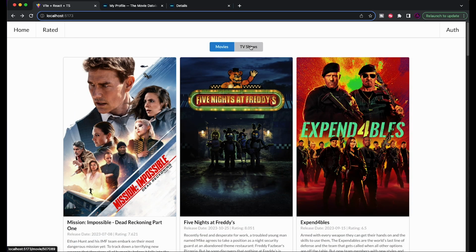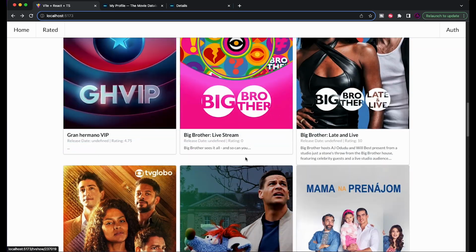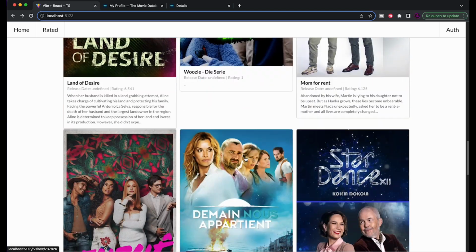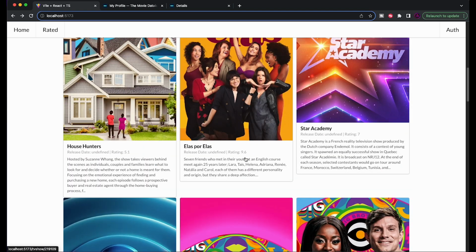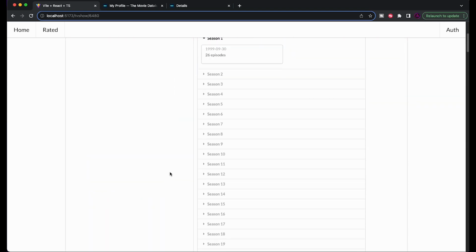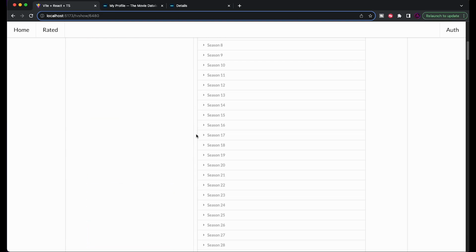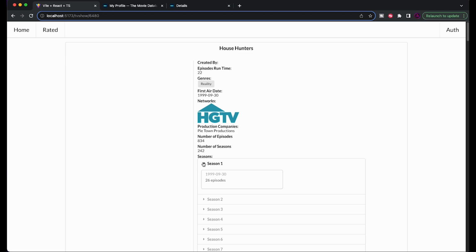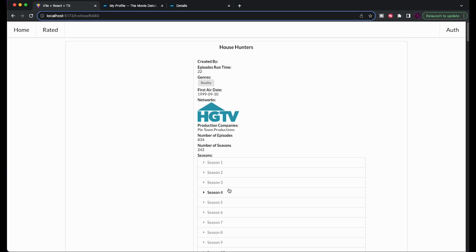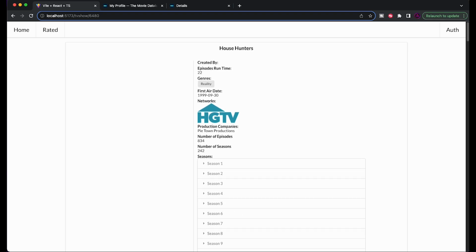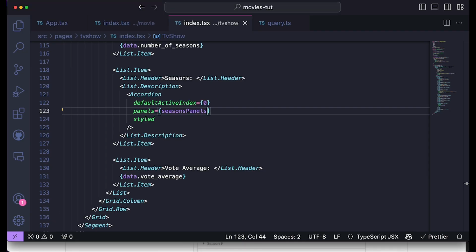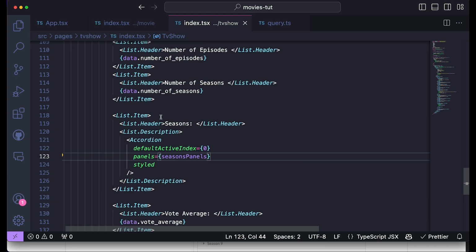This is movies. Let's go to TV shows. What can have a lot of seasons? Okay, House Hunters. Yeah, this has like a billion seasons, and this doesn't look cool. What we want is to have a certain fixed height box with these accordions, and we'll just be able to scroll within it. So to do it, we'll just come to the specific part where we create this thing over